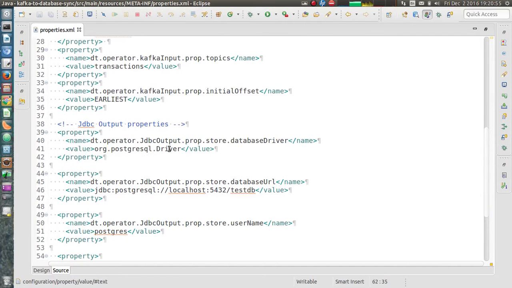Please note that in the driver we are specifying Postgres because this app template packages the Postgres driver by default. If you want to try out this application on MySQL, you can get the MySQL drivers on your machine and put them in the class path, and then use MySQL driver instead of Postgres.